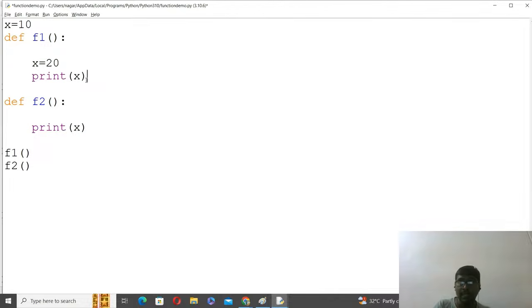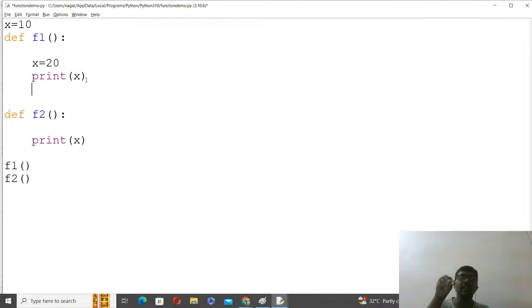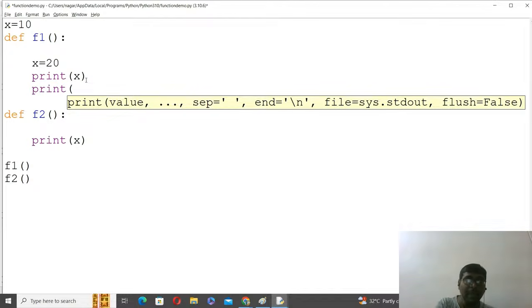Now, the last point here: what is the x value? 20. But I am not using the global keyword. I need x is equal to 10 to also be printed. How? See this one. Print. One method is there. Remember,